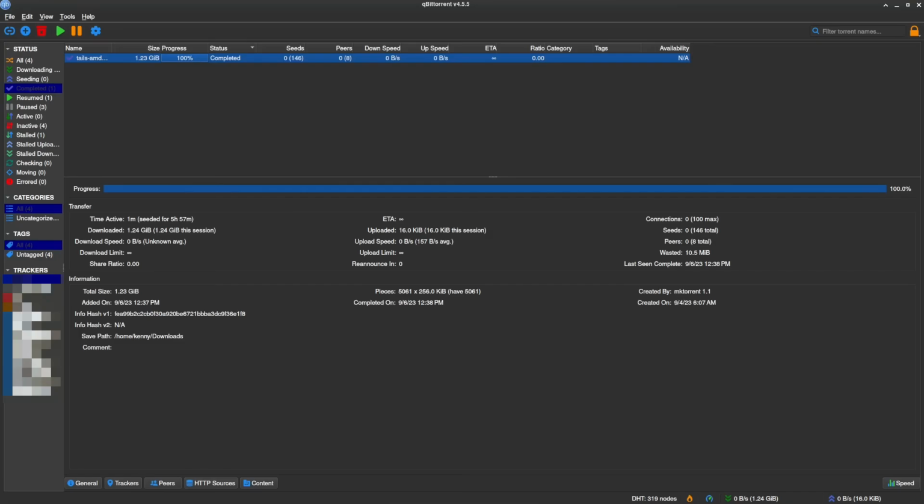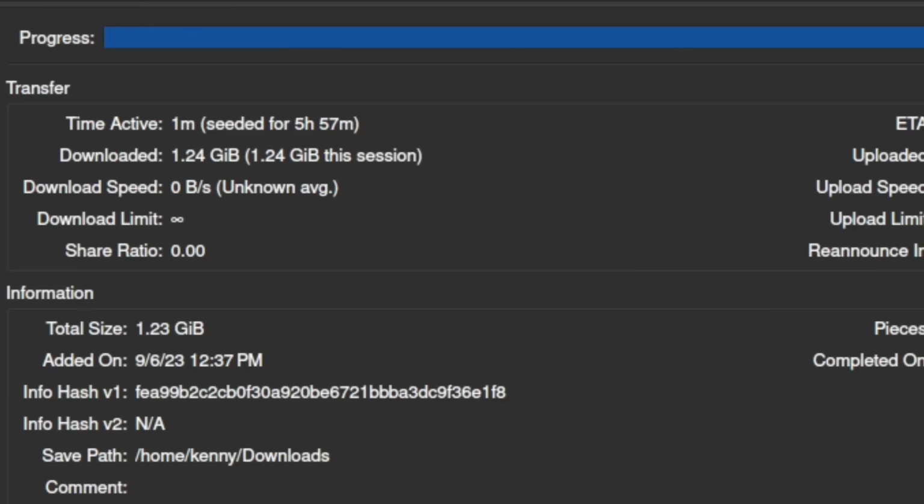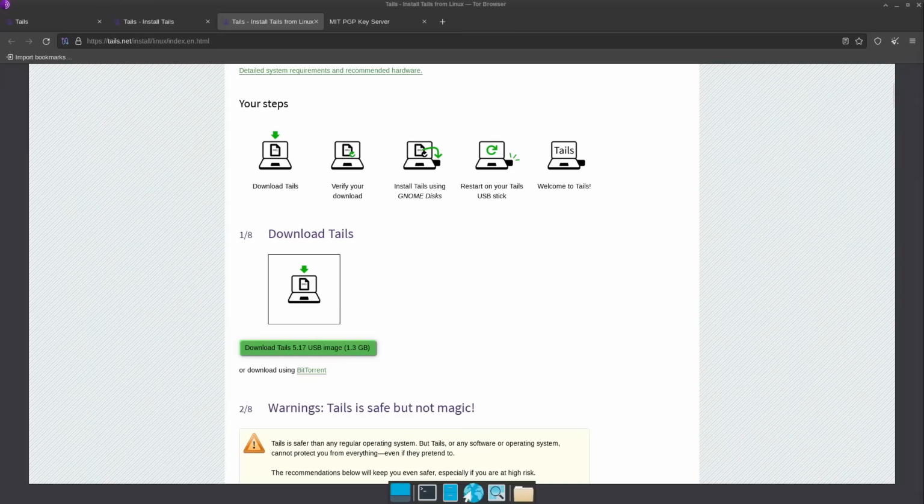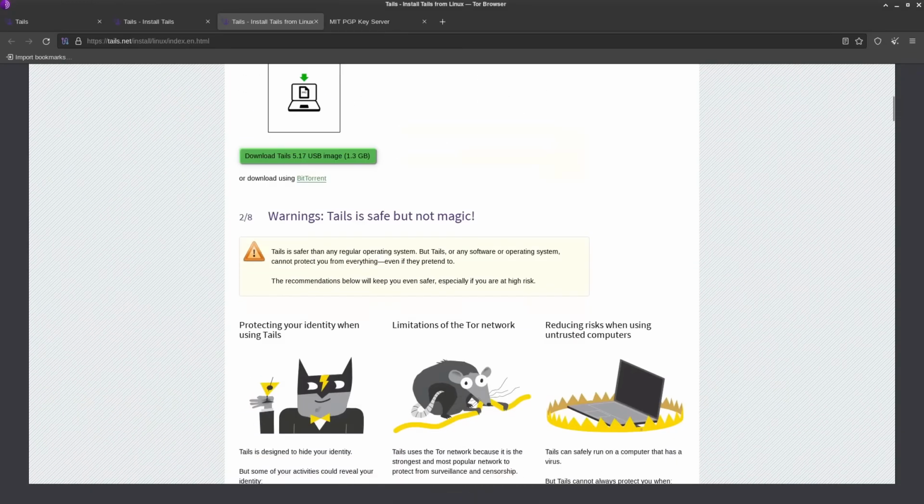Now, once your files have downloaded, we need to do a verification on them to make sure that they didn't get corrupted or modified by your adversary in transit. If you downloaded the file with a torrent, then this is actually already done for you in a way with the info hash. But since this guide is for the ultra paranoid, we might as well do some additional verifications